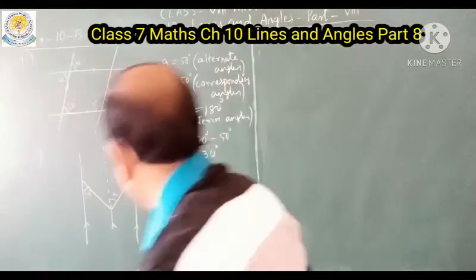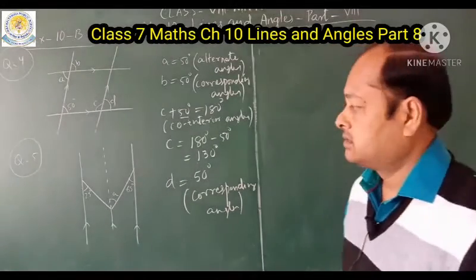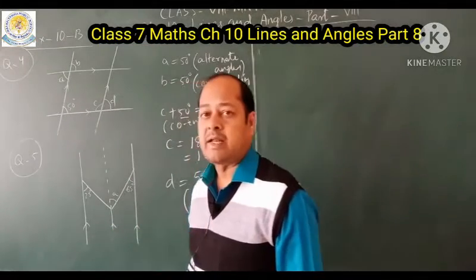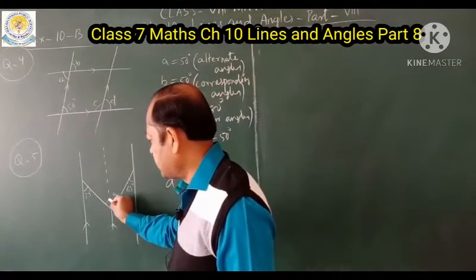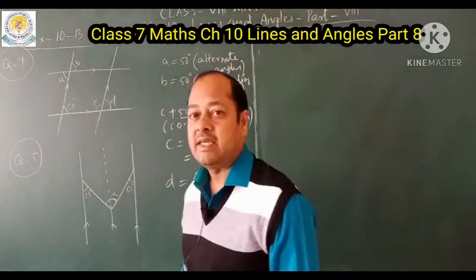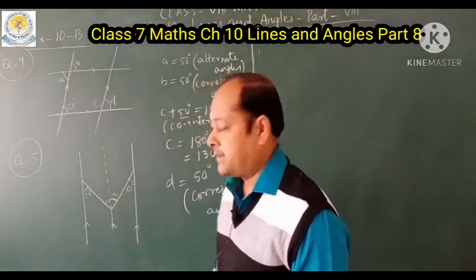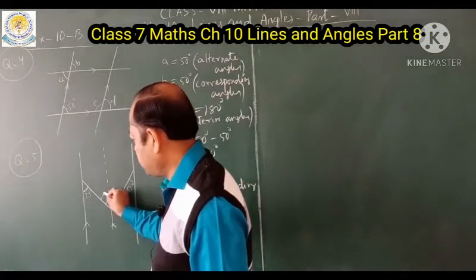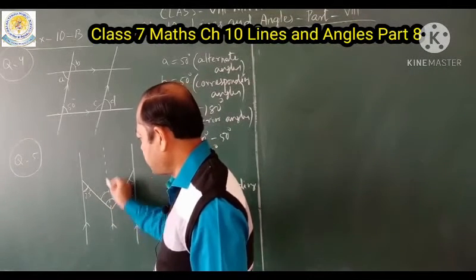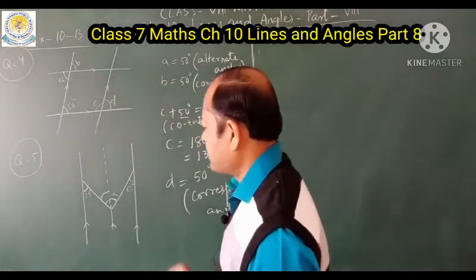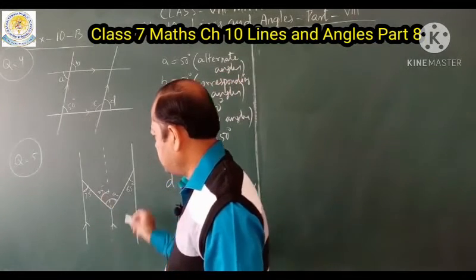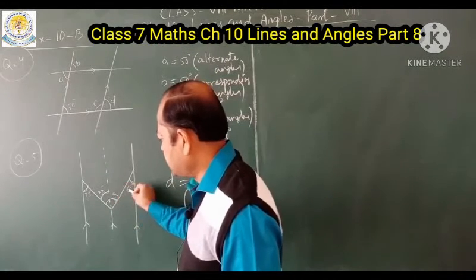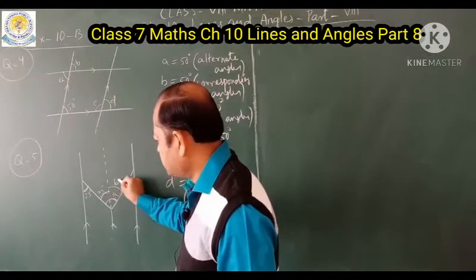So here what is given? Here are the parallel lines. This is a parallel line, this is parallel, and in the middle also one parallel line is given, and you have to find out this angle, from here to here. That is A. We have to find the value of A. If these are two parallel lines, then this part will be 25. Then what is this other part? This part will be alternate to this part, which means this angle and this angle are alternate. So this part will be 65.